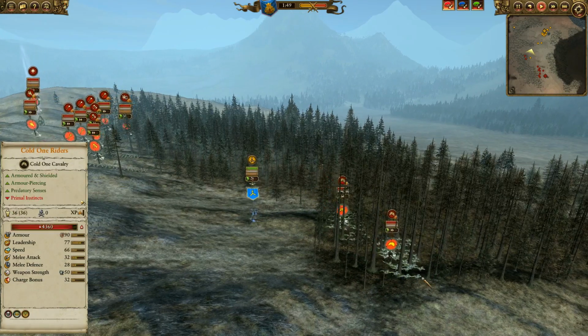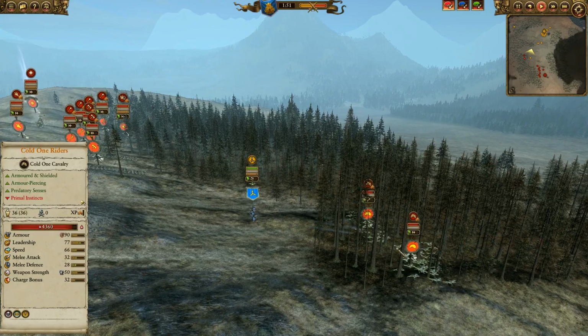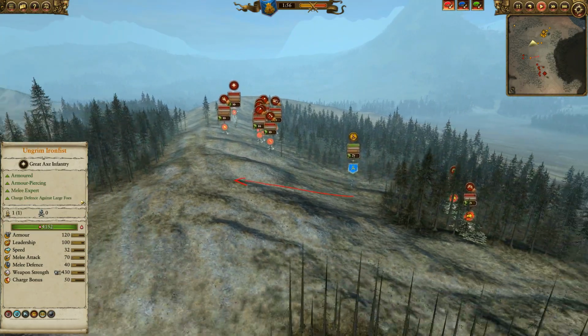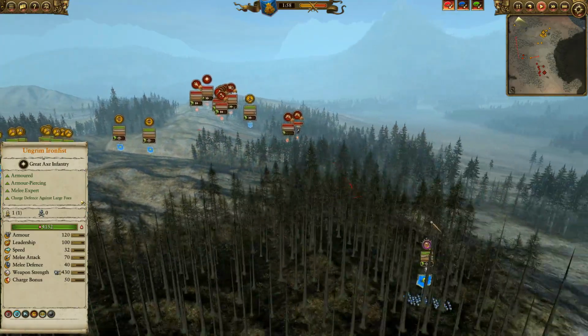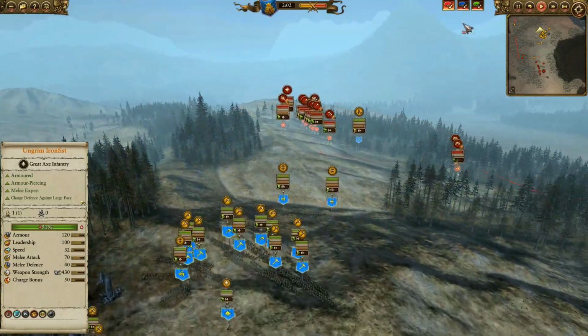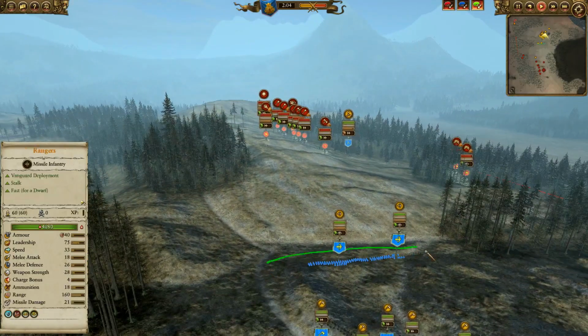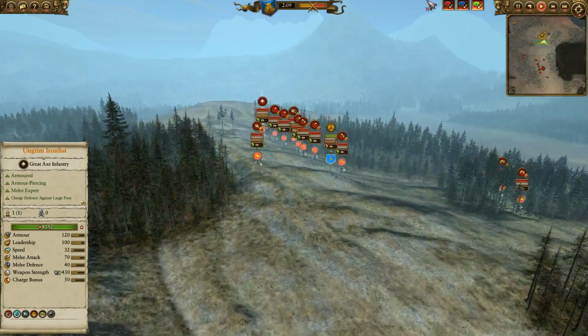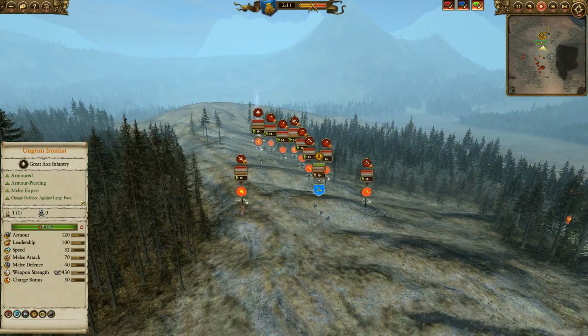So I think I'll take some shots here. I'll put a little bit of damage into them, and I don't want to keep chasing them through the trees. I do notice they're coming up this way, so I think I'm going to bring myself back that way. I am trying to set myself up on this downhill slope with my infantry. My infantry is going to come across here, and now I'm going to go and harass this Ancient Salamander,